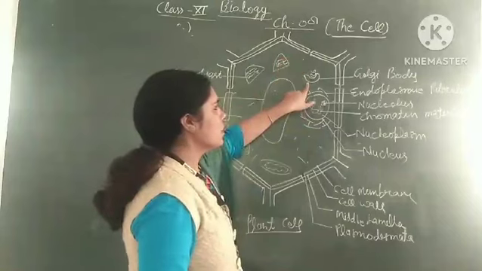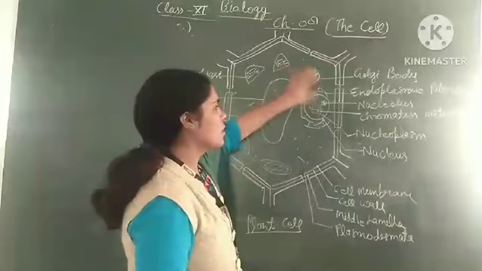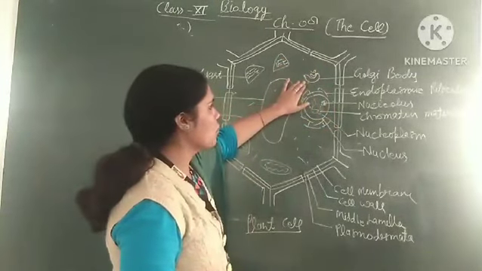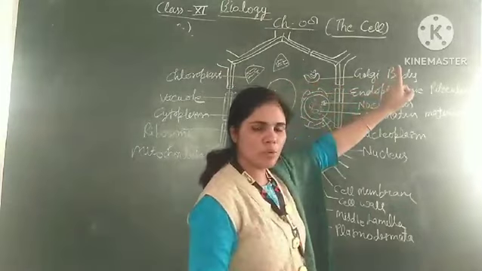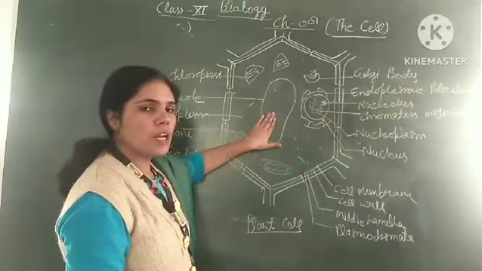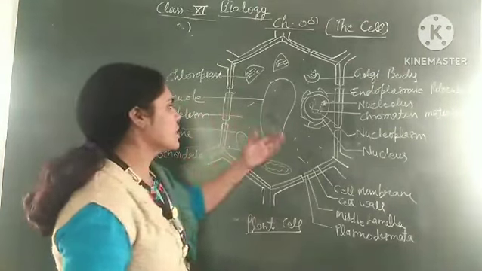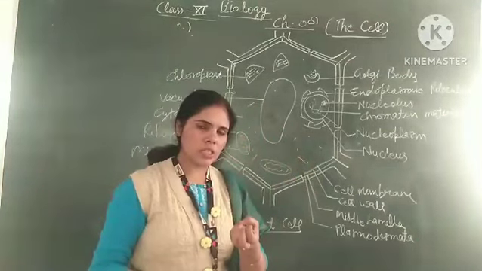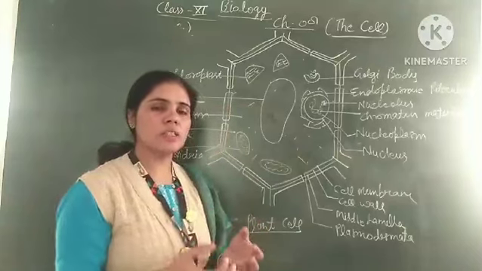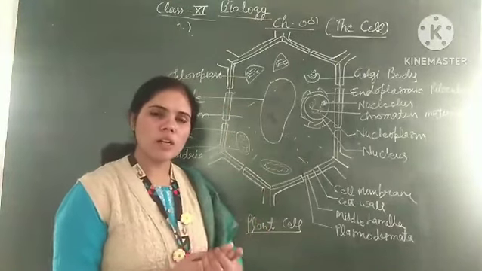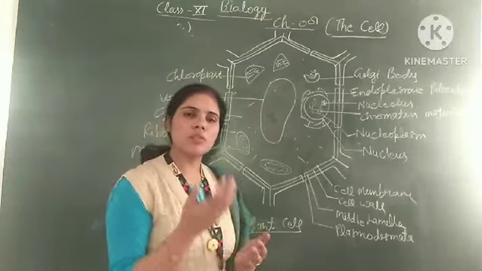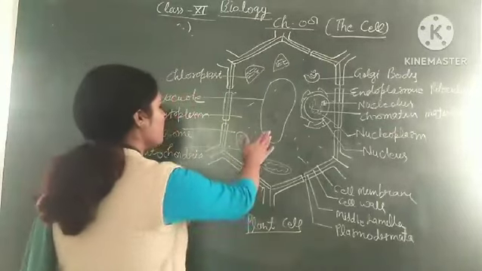And there are folded tubes present over here near the nucleus. These folded structures are known as Golgi bodies. There is a large central cell organelle which is known as the vacuole. It is a pouch-like structure found inside the cell which stores water, the sap of the cell, and also the waste material of the cell.